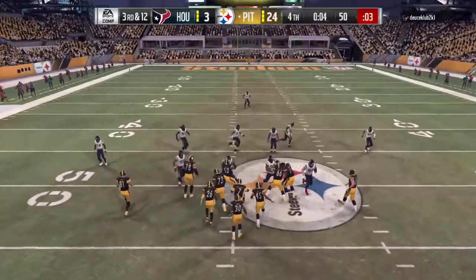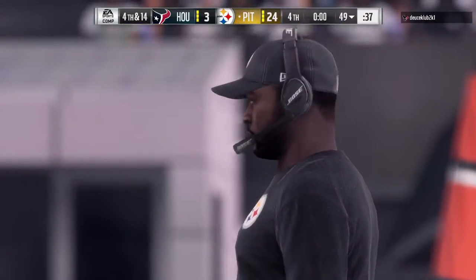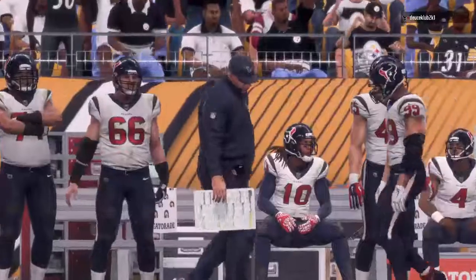Defense still with 3 timeouts. We'll see if they want to use them here as the kneel down comes. And Charles, I think with this